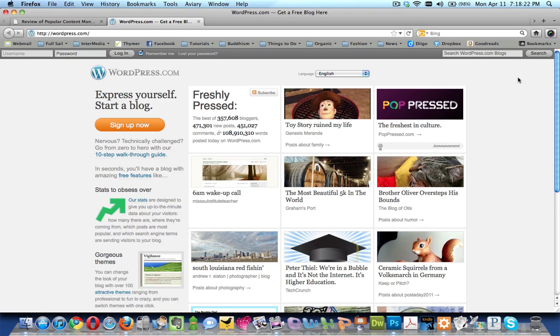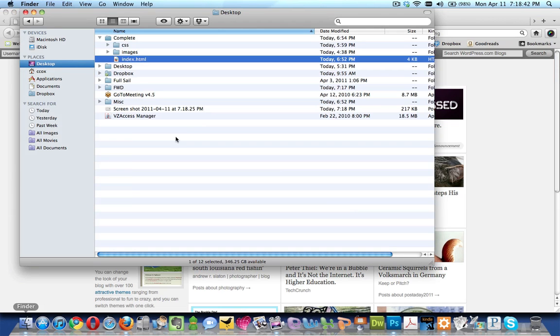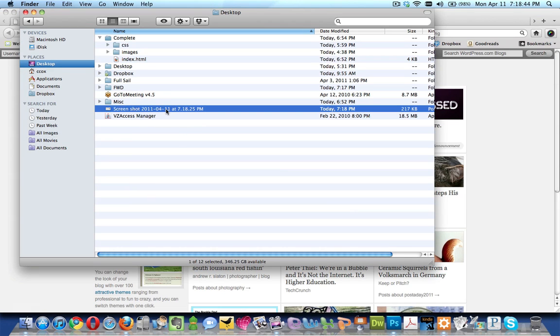On your keyboard, hold down Command, Shift, and the number 4. You'll see that your mouse turns into crosshairs. So you can just start here in the upper left-hand corner and kind of drag around what you want to capture. So that looks good. So I'll just let go of my mouse. And if I go to my desktop, you can see the screenshot that I just took,